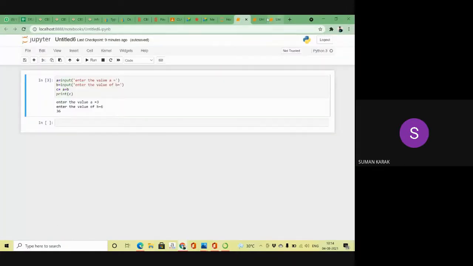So dear students, you can see if I take the value from the user, by default it will be stored as a string value. Did you understand what I'm saying? So by default, it will be stored as a string value. We know in a string we cannot perform any mathematical expression. That's why it will be 36. That's why the value of A and the value of B are joined here. Did you understand?